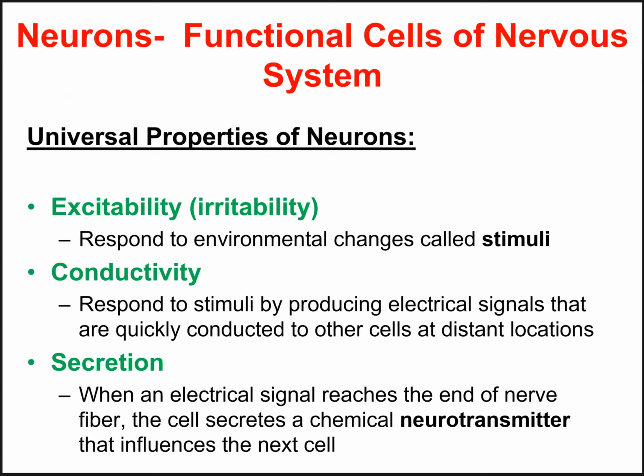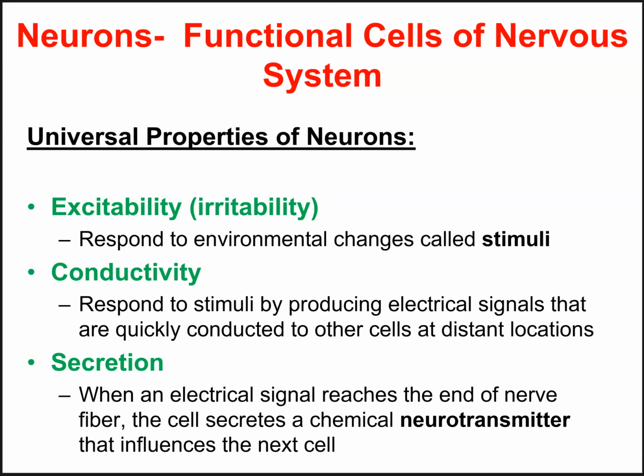So neurons are all excitable, meaning they are capable of irritability. They respond to external changes in stimuli. And then they are conductive. They respond to stimuli by producing electrical signals that are quickly conducted to other cells at distant locations. Now, all neurons are excitable and conductive because they are capable of responding to an external stimulus, and once they sense the change, they can quickly conduct the stimulus to other cells